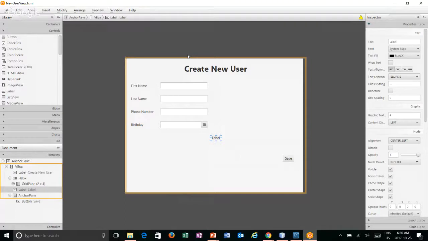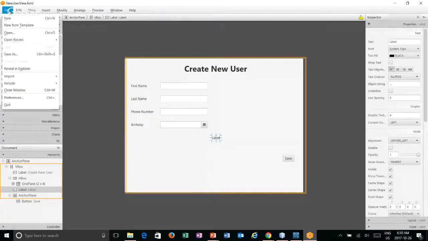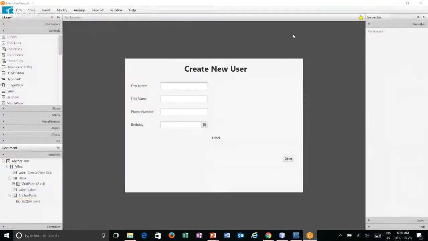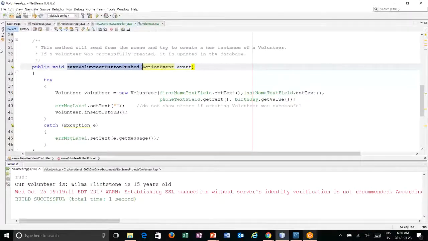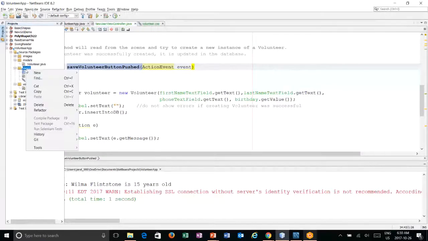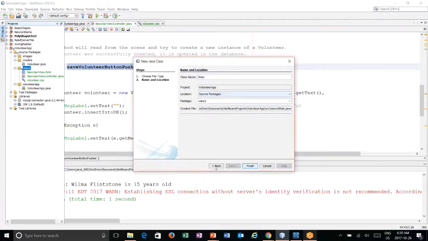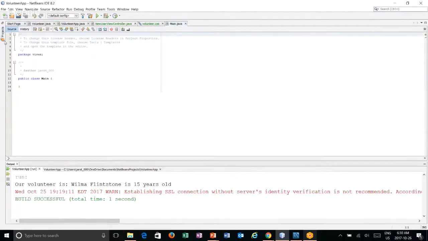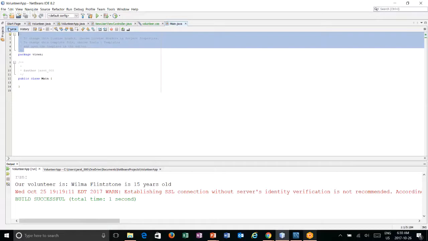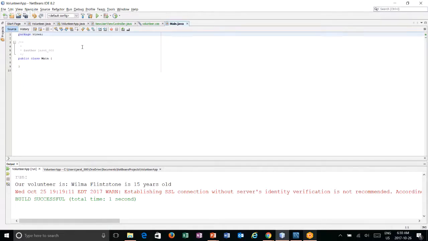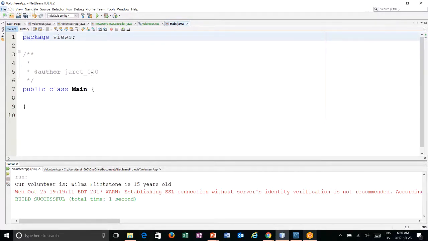And in here, we can launch our view. So this is all saved. So let's go into our views category, create a new Java class. We'll call it main. And what this will do is,